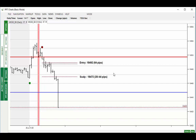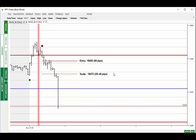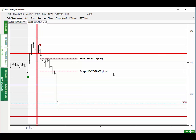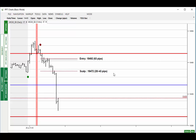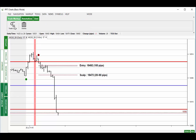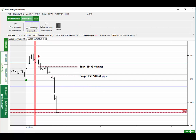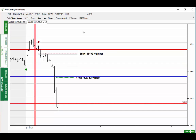So at this point, what I've done, you'll see I'm removing the scalp, sorry, not the scalp, the initial stop, moving the stop to break even, and then leaving the market to show me what it's going to do. So I'm letting it breathe. The market then takes out the 18,400 level, and you'll see now that I'm watching the market come back. I've also put a stop in at this lower high here, so you'll see that actually happen, and I've removed the scalp figure now,